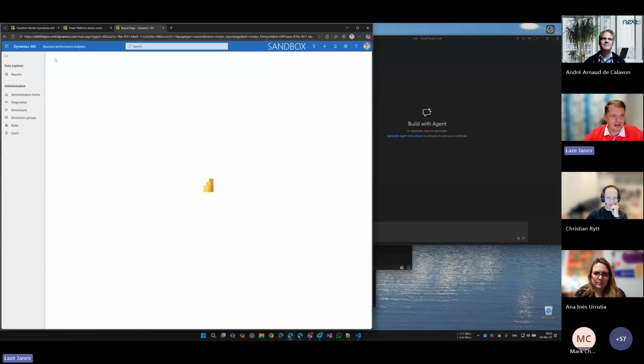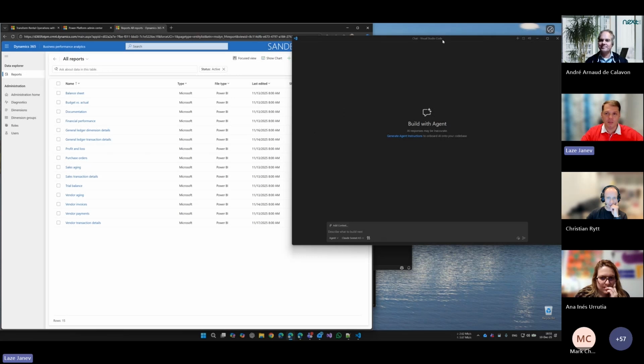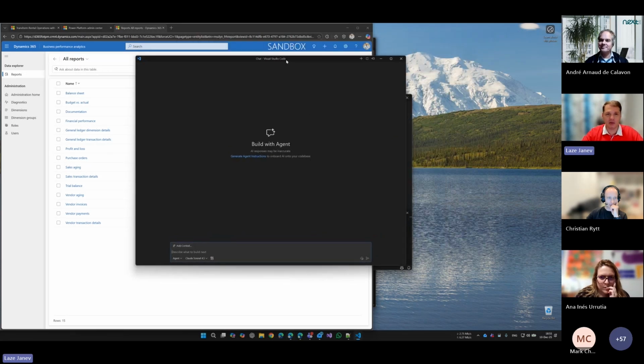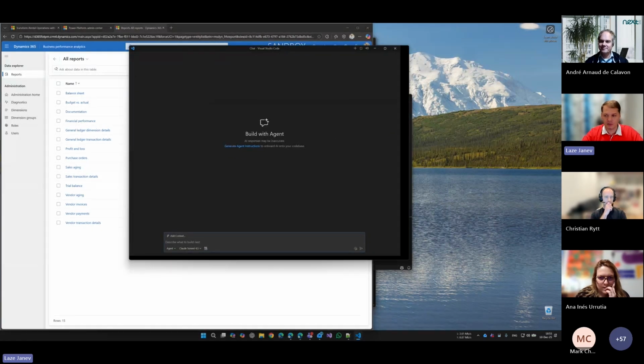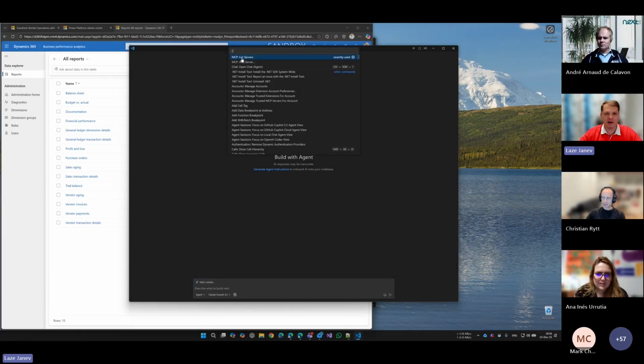There's a lot of data, of course, that the BPA is doing. It is synchronizing at the moment with your F&O environment twice a day. But I will not use Copilot Studio intentionally, because what we're presenting on one of the slides is that the MCP servers can be connected to Copilot Studio, but you don't have to use them. I will use Visual Studio Code. That's a little bit geeky for the ones that are not into development, but it's nothing geeky here actually. So if I press Ctrl-Shift-P,